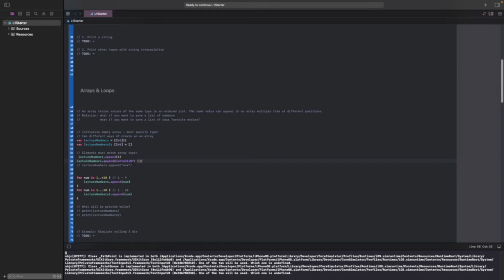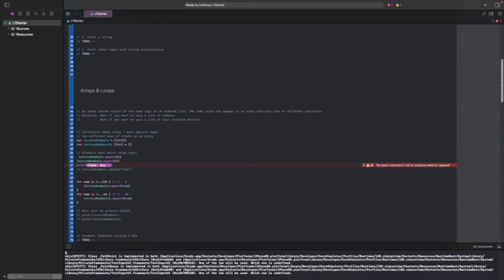An array is a sequence. Sequence is basically a protocol, which I won't go over yet. But for now, all you have to know is that this method right here takes in 1 element of type Int. So if you put 2, and then we go right here, and then we print